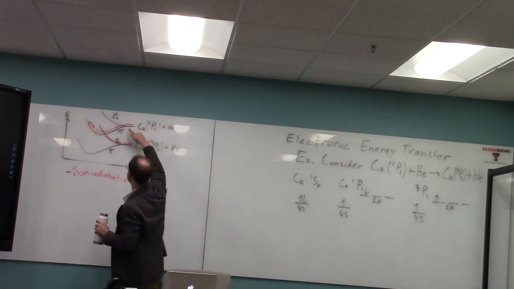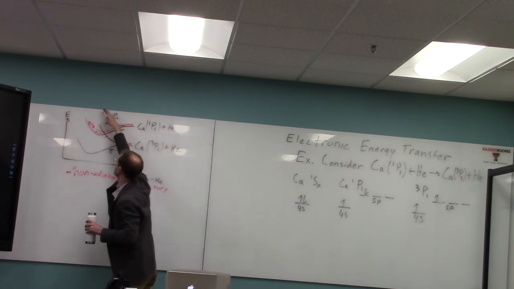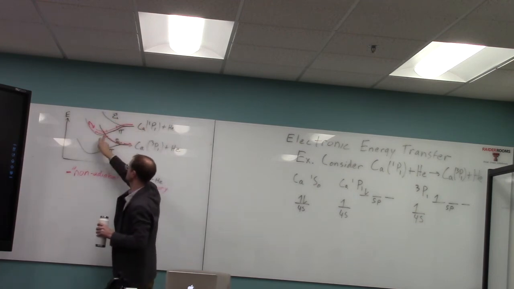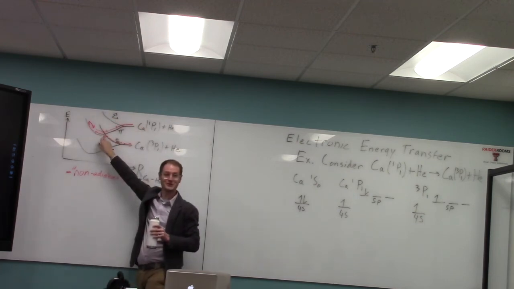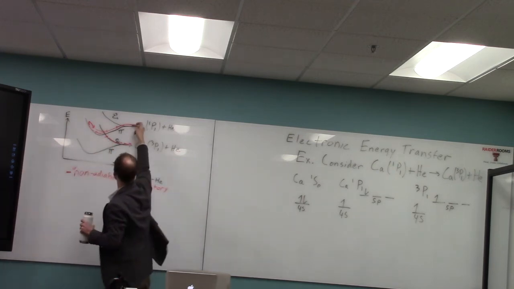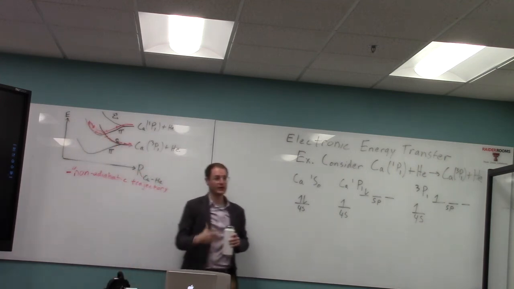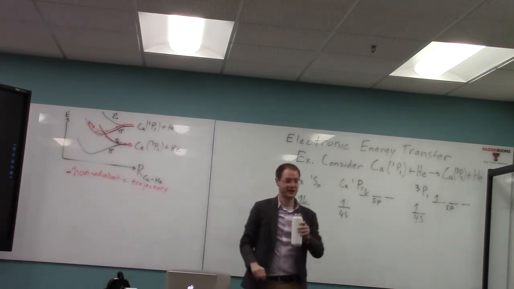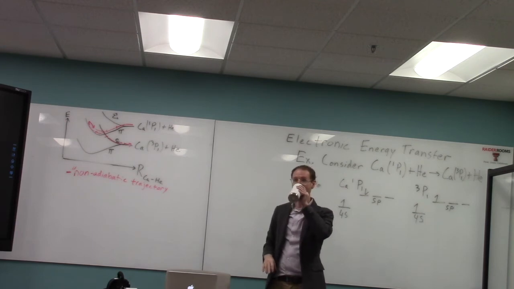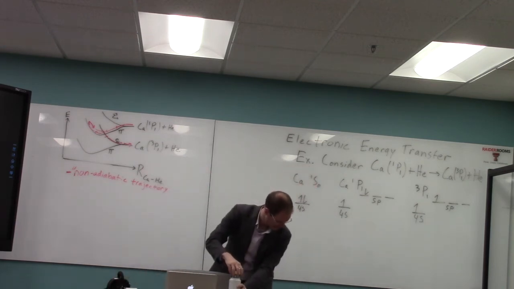So that means if it's parallel, that means you follow the sigma curve, right? So that means there's no interaction with this curve, so the transition is unlikely to happen. But if it's perpendicular, then you follow this curve here, and then there's a curve crossing, and that means you're more likely to have a non-adiabatic interaction. Does that make sense? Okay, so